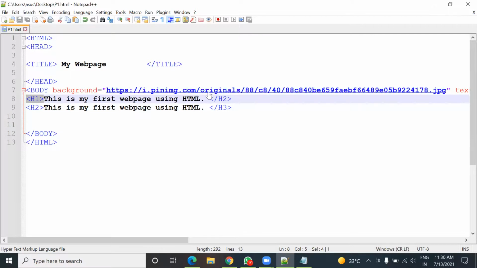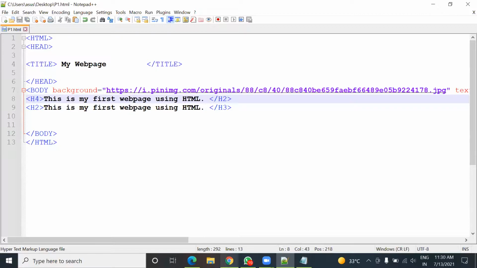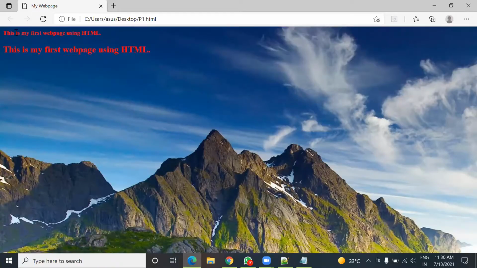This H2 and H3 have nothing to do with the output. But if I put here H4 and everything else remains as before, then see this. Now you can see the text changes as per the H4 tag.